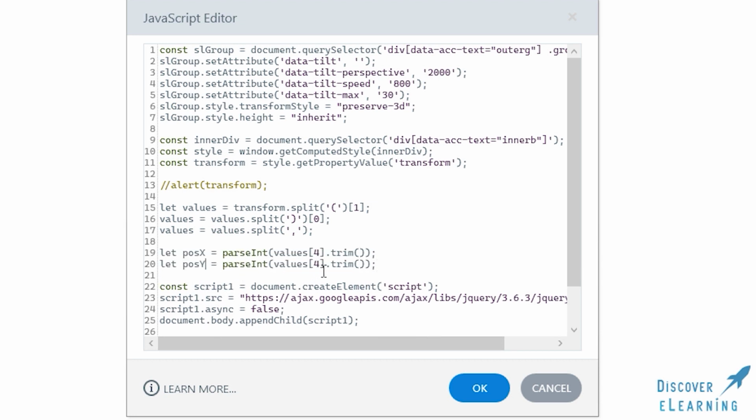Now we just need to use these values in order to create a new transform translate value for the inner B div, using a combination of these original values and a new z-axis value.